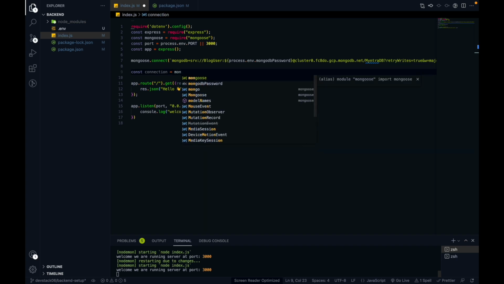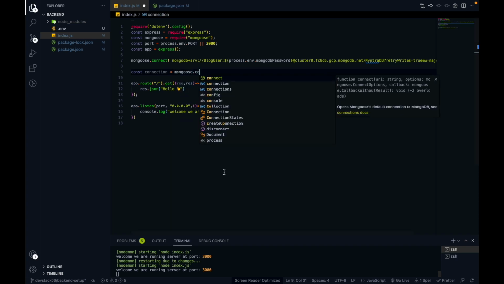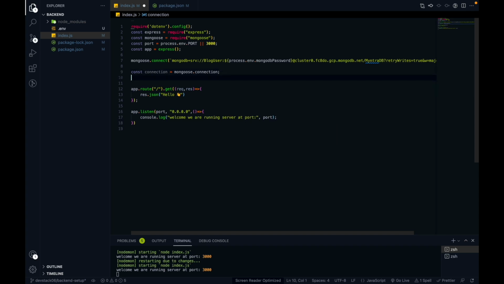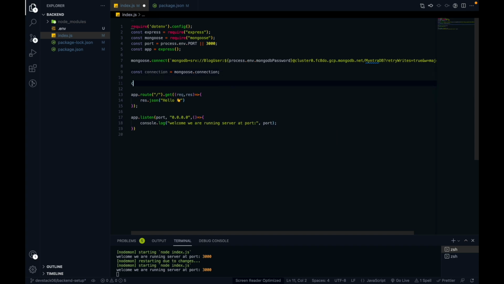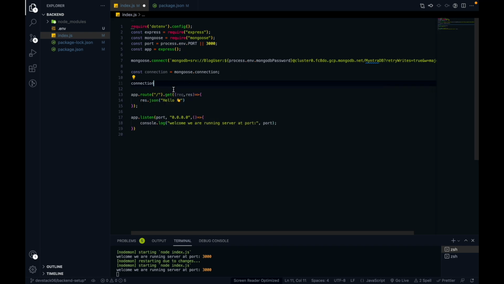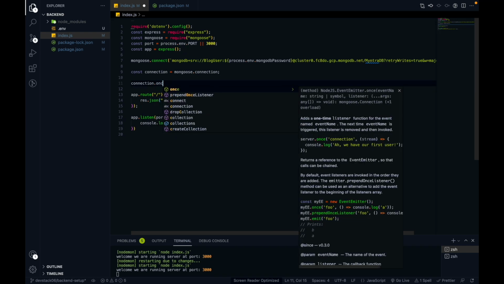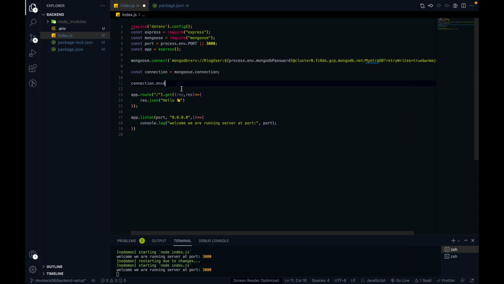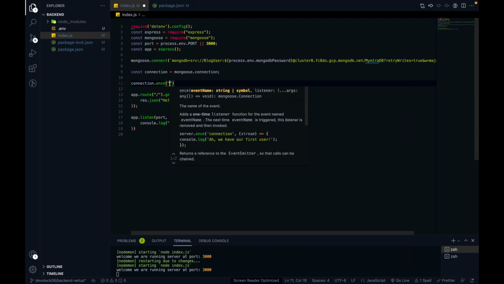I'm going to use mongoose.connection, and create a callback function that runs once the connection happens.